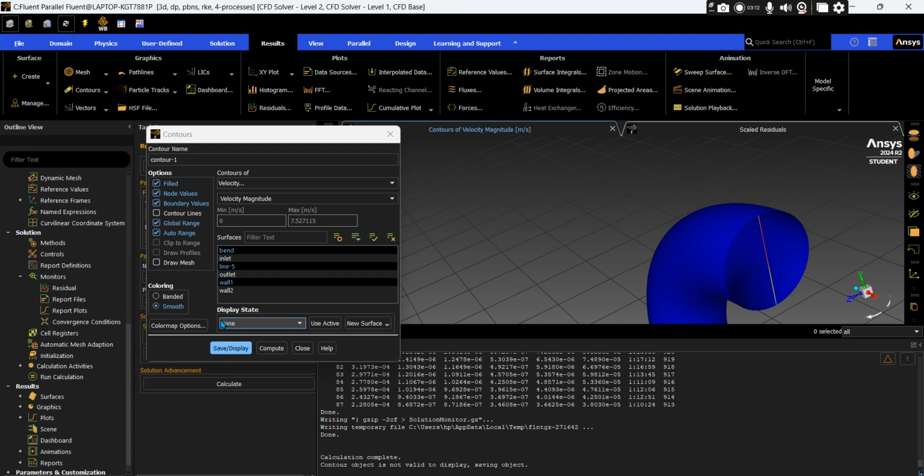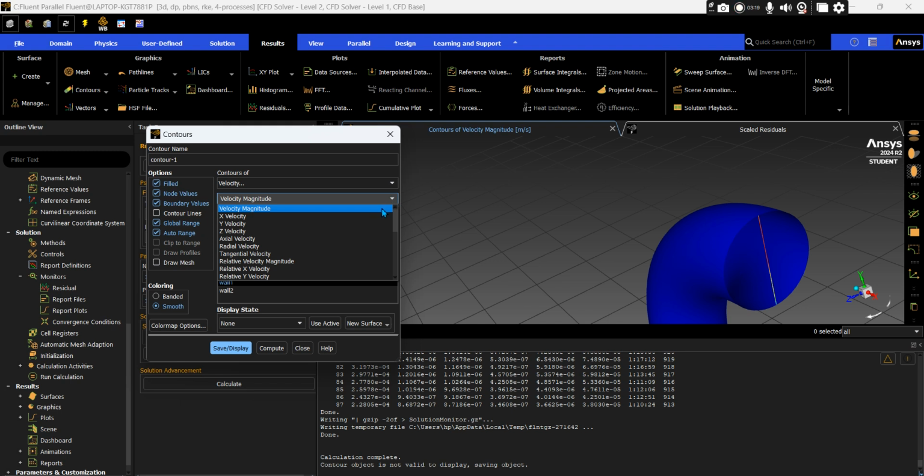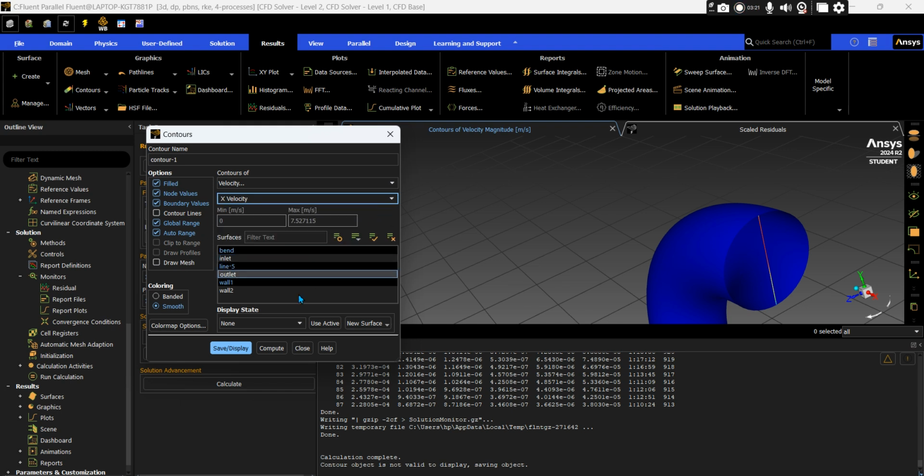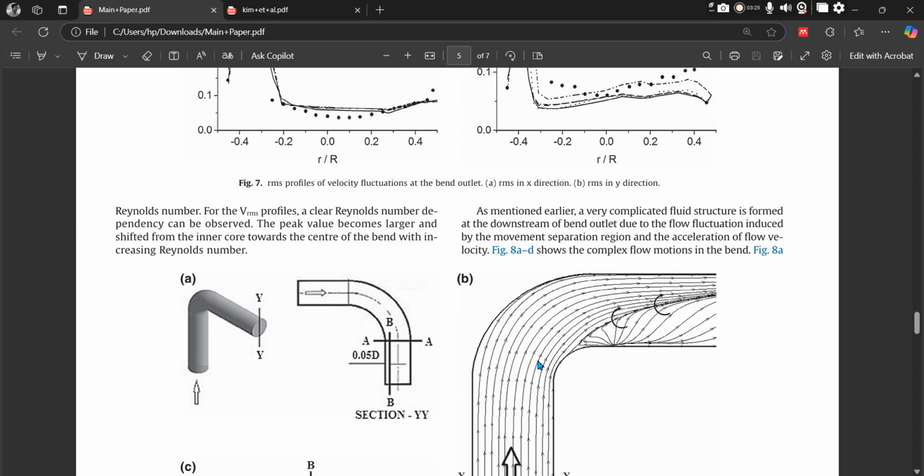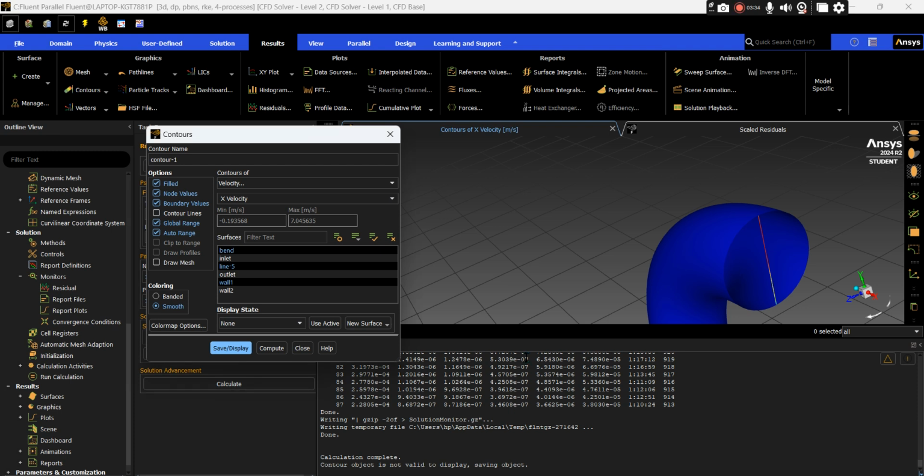So save and display. Let's change the velocity magnitude to x velocity. Why are we choosing x velocity? Because this shorter pipe direction is the x direction in our case, so that's why we're choosing the x direction velocity. So x velocity